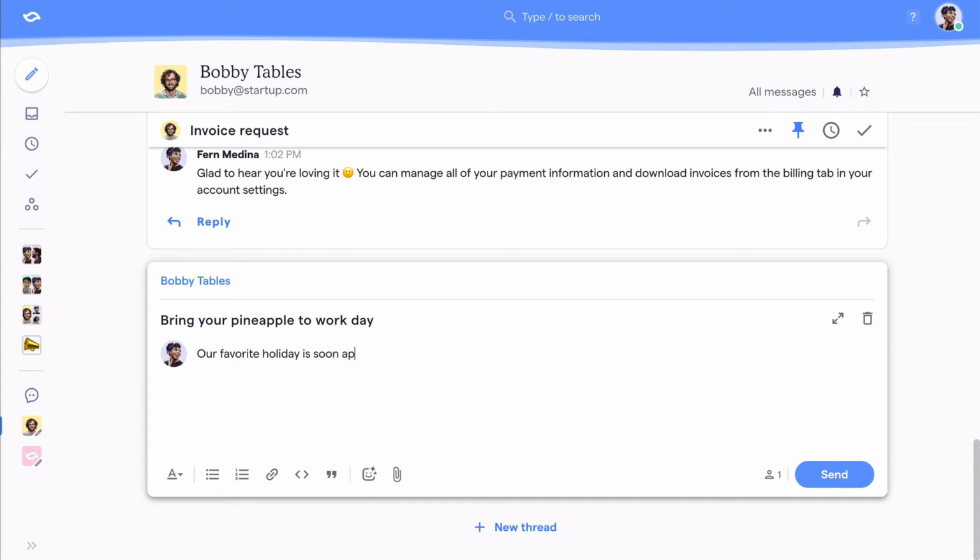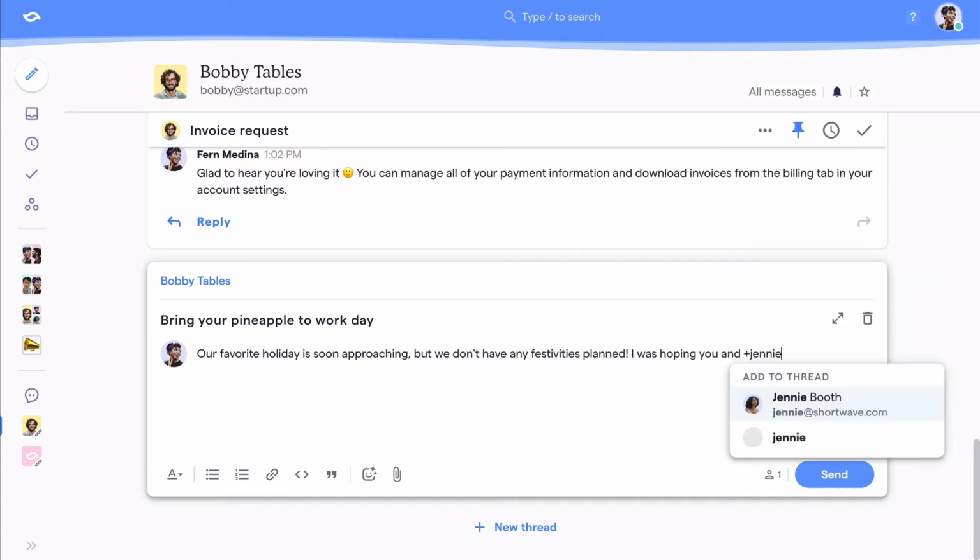Let's say you start writing, but you realize you wanted to add another person to this thread. You could click or press Shift-Tab to go back to the To field, but the fastest way to do this is actually by using a mention. To add someone to your email, use a plus mention simply by typing the plus key and then someone's name